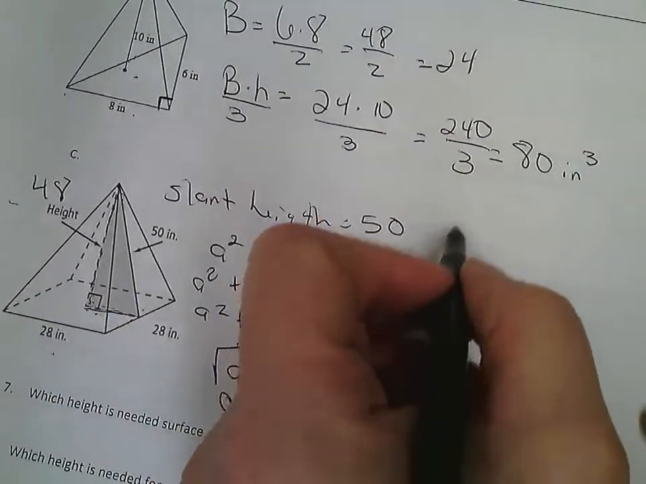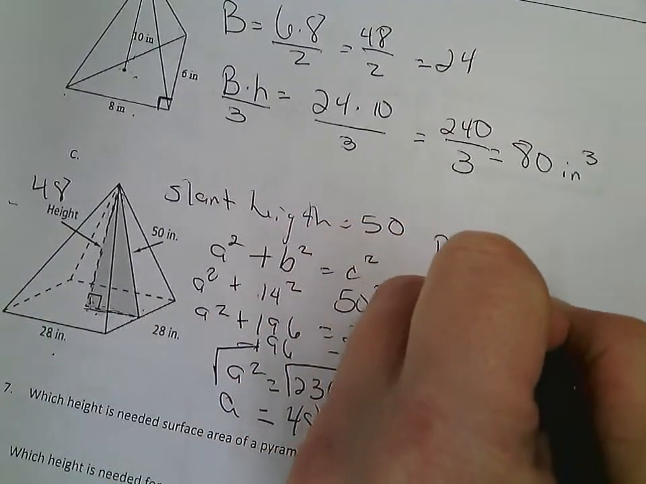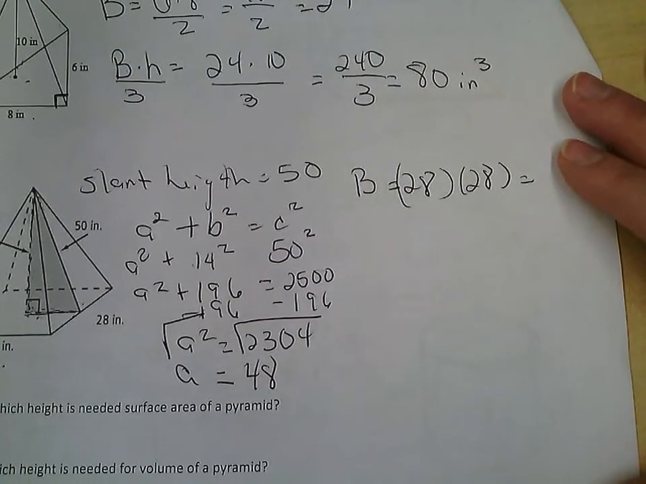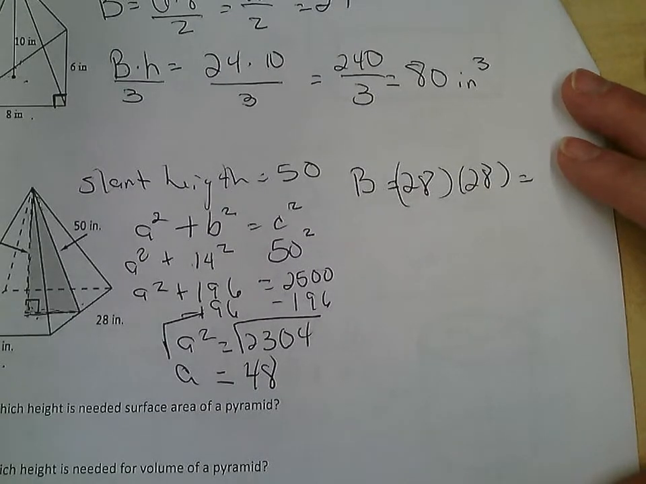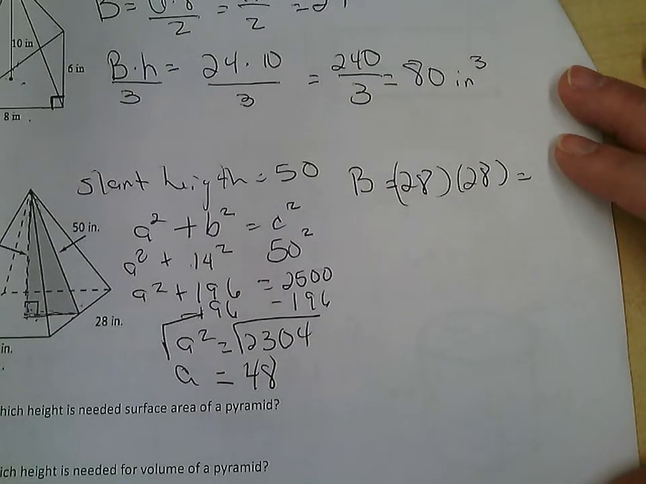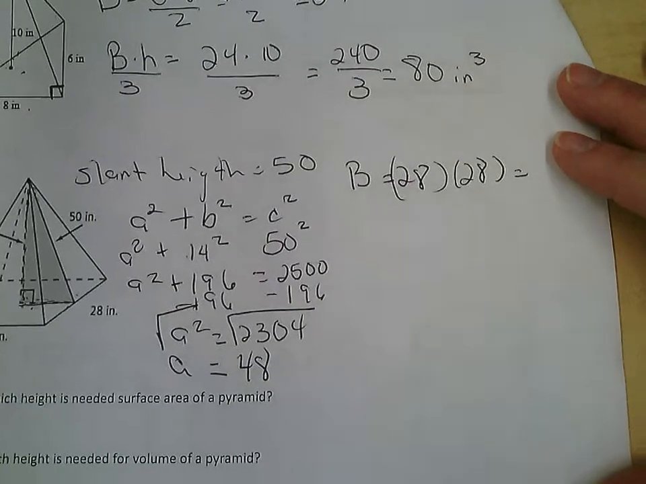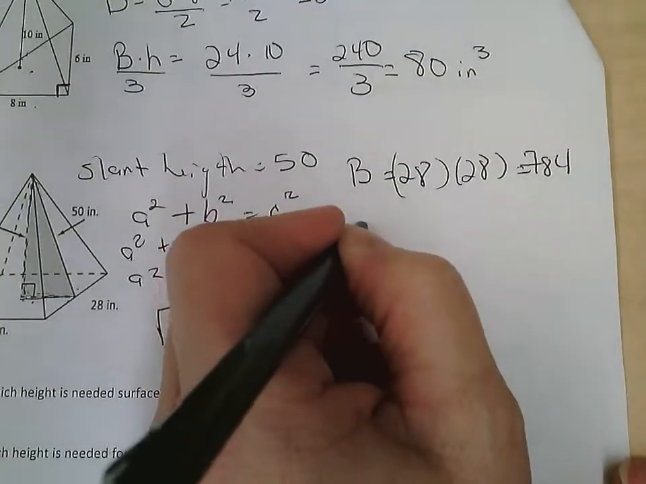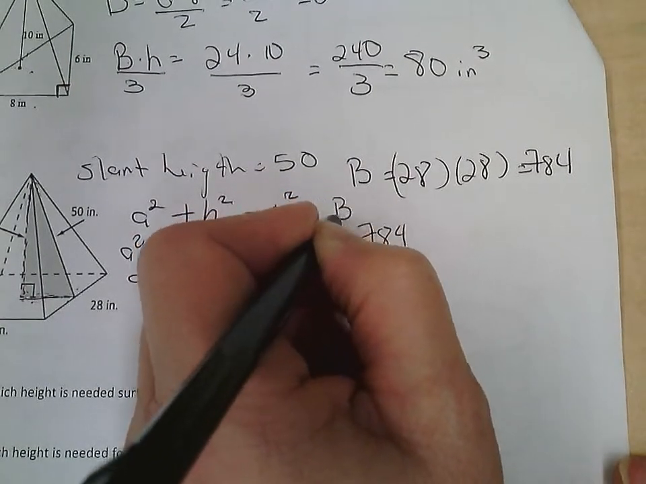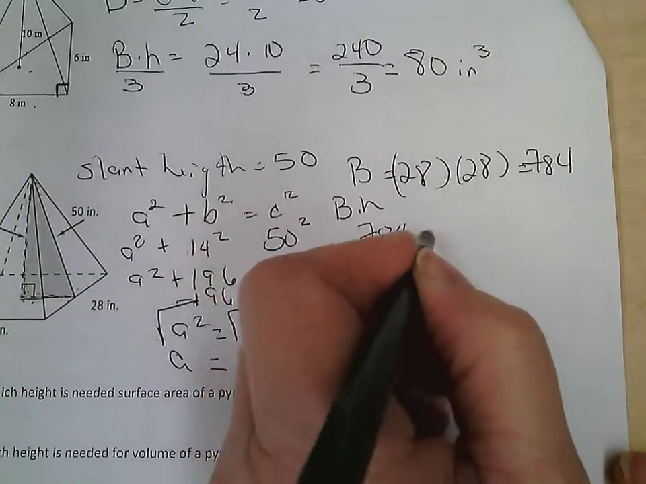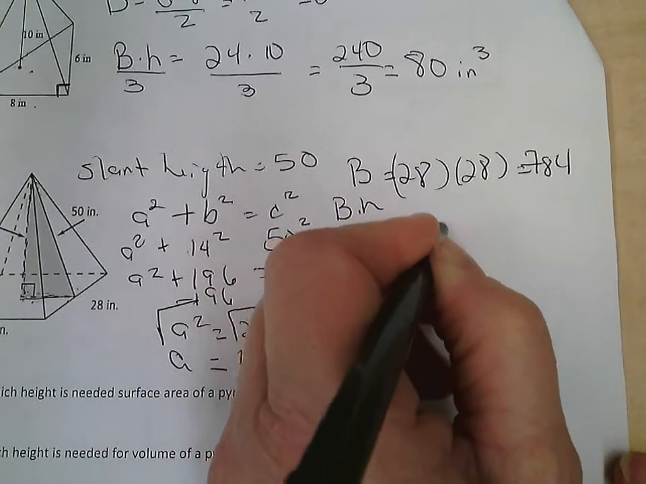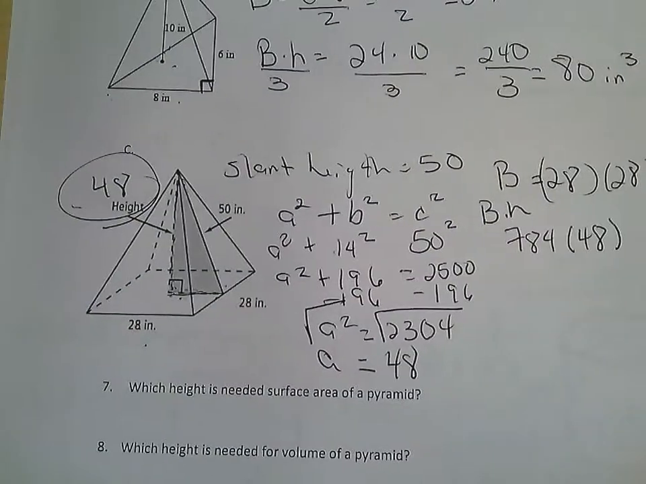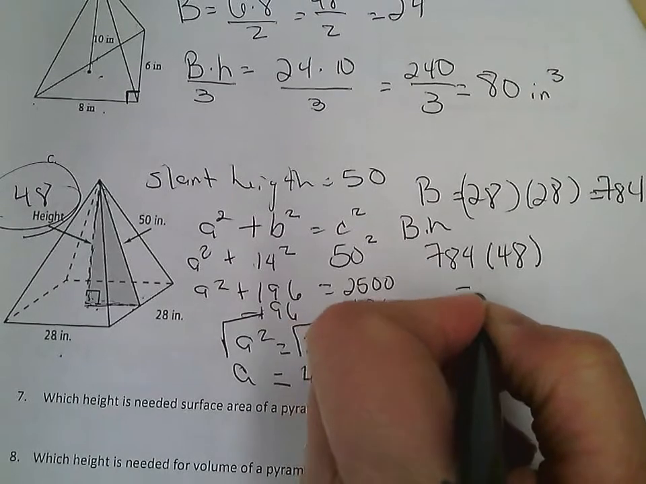Our base is 28 times 28. 28 times 28 equals 784. We take 784, the area of the base, times the height, which is 784 times 48. So that's our height right here, the one we're looking for. That's our height. We multiply those all together and we get